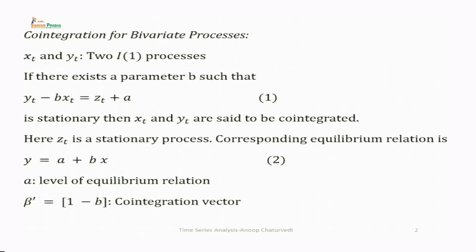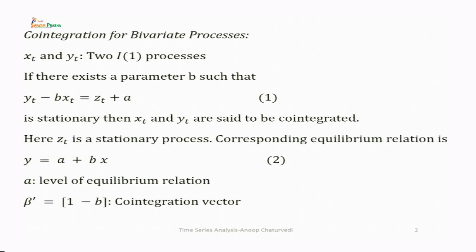Now, suppose there exists a parameter b such that y t minus b x t is equal to z t plus a, and this y t minus b x t is stationary. Then we say that x t and y t are co-integrated, and in this equation 1, z t is a stationary process,